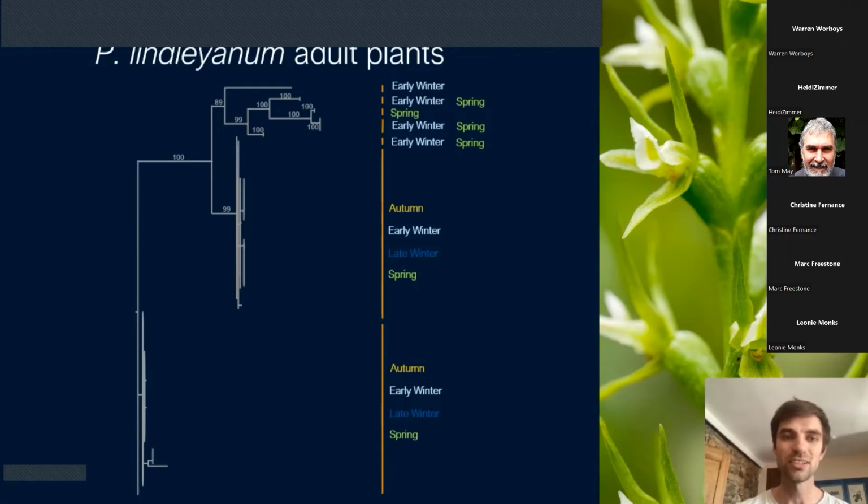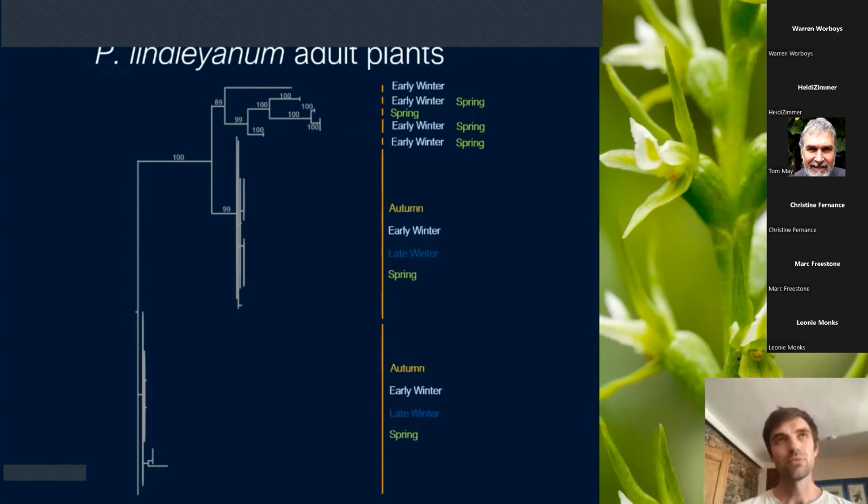Which is interesting because, it's not well known by the general public, but Australian orchids have a reputation of having quite specific mycorrhizal fungi associations. So lots of species, Caladenias, Diuris, Pterostylis, only associate with 1 or maybe 2 species of fungi. But here we have an orchid associating with 7 species of fungi, which is a little bit unusual.